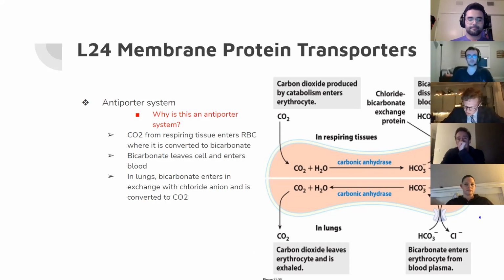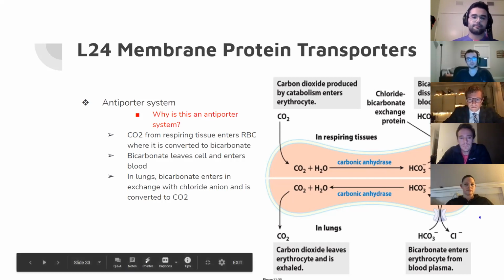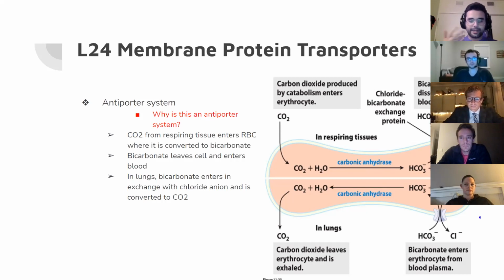So this reaction is going to go in the opposite direction when it's in the lungs. It's sort of showing us a cycle. It's just because it's really hard to move gas in our blood, so we need to form it into an ion to move it a lot easier. Which is why we form a bicarbonate ion with our carbon dioxide, and then when we reach the lung, we reconvert that bicarbonate ion back into carbon dioxide, and then it leaves through our lung.